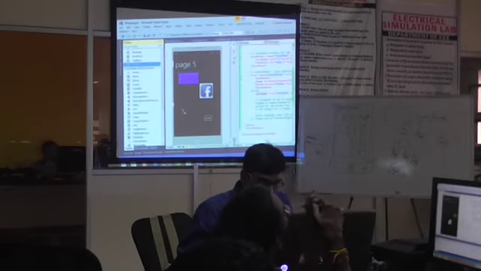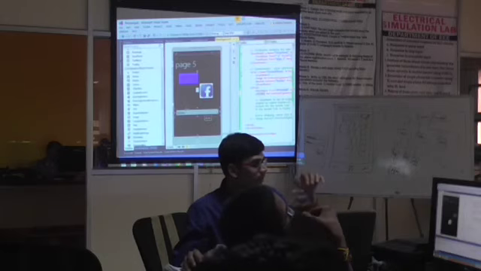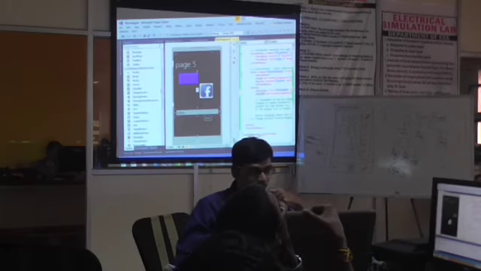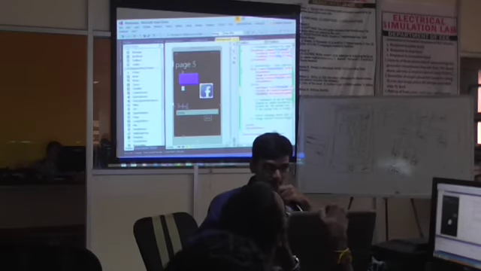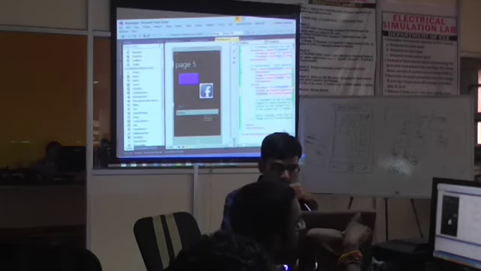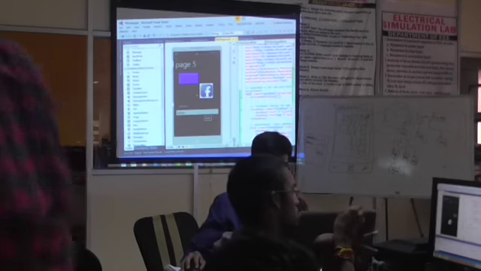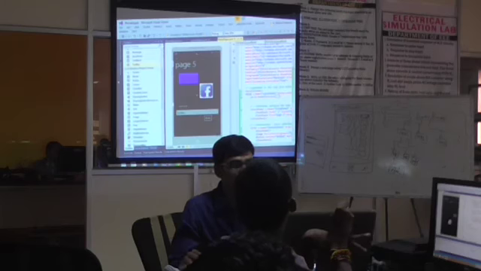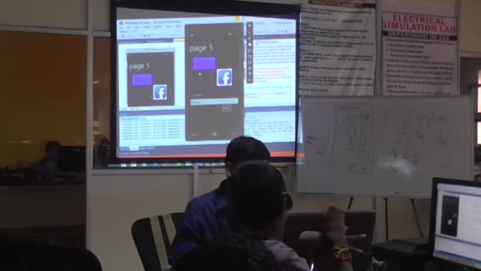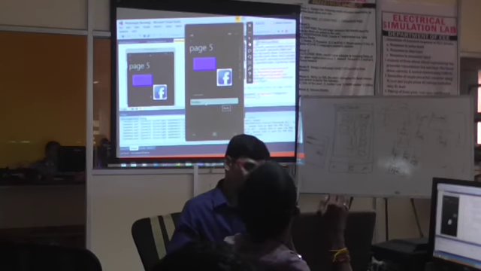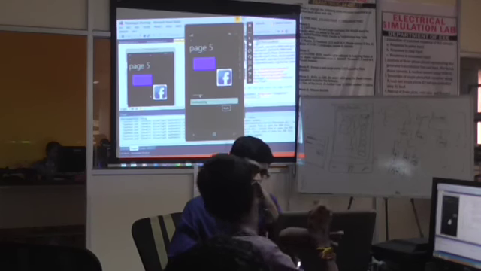So I kept a text box here. This text box will be able to take the text into it by using the keyboard. Okay? This text block is just for labeling purposes. Okay? I will put it as username. Okay? When you click on this, you will be able to edit it. But when you click on this, you will not be able to edit it. It is just for